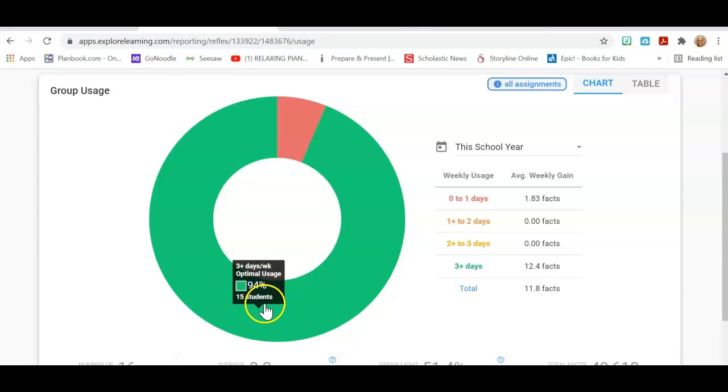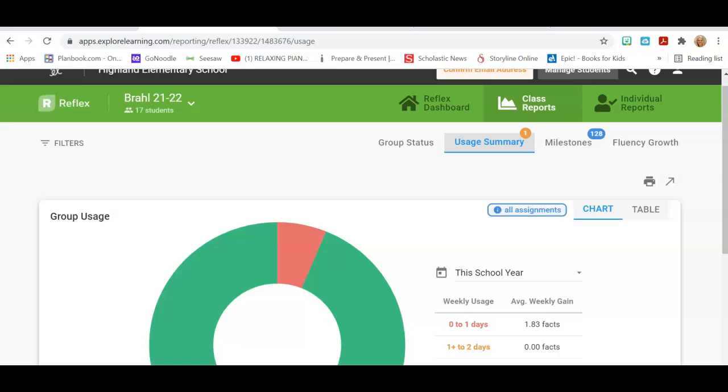There is only 15 students in my class. It does say 17, but I had 2 students that moved out, so I do currently have 15. The one student up here that's poor usage is my student that is no longer with me. She started the year with me, but then she ended up leaving. So that's why that student is there. So my students are using Reflex every day, and their goal again is to go on and complete their green